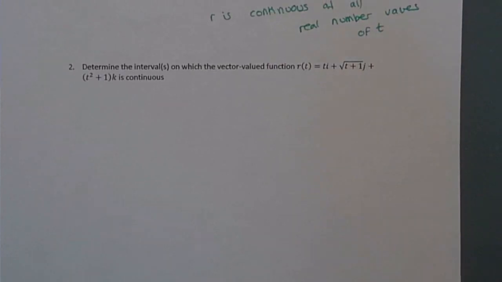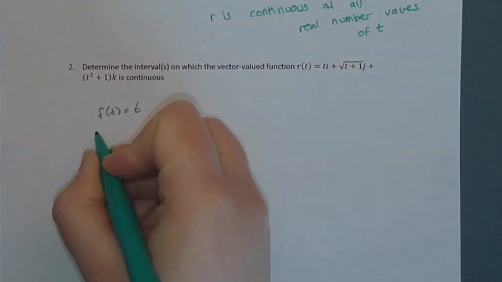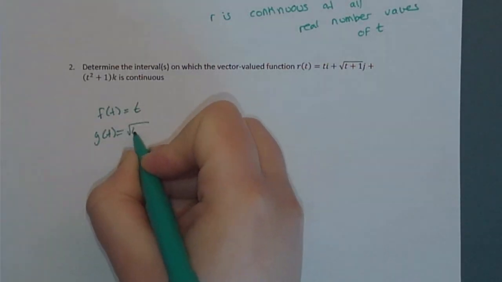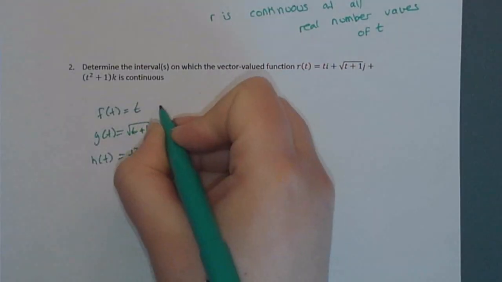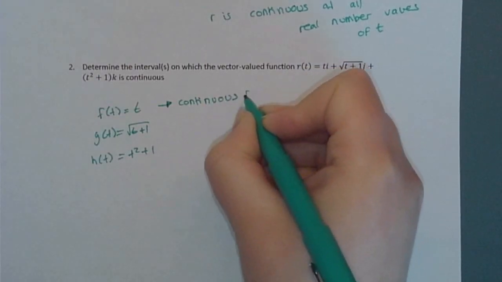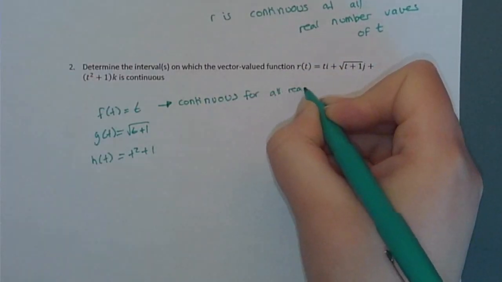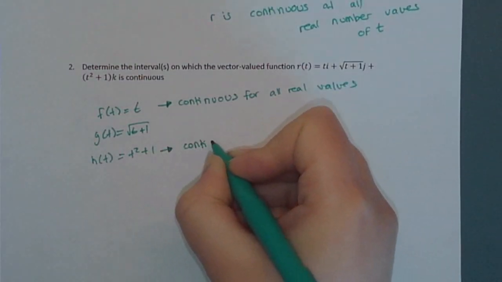Alright, determine the intervals on which the vector valued function r of t equals t i plus the square root of t plus 1 j plus t squared plus 1 k is continuous. So first of all, I have f of t equals t, g of t equals root t plus 1, and h of t equals t squared plus 1. F of t is continuous for all real values. It's a line. H of t is a parabola, so it's also continuous